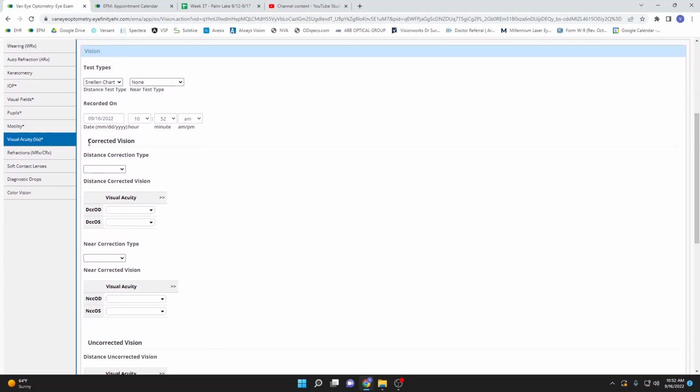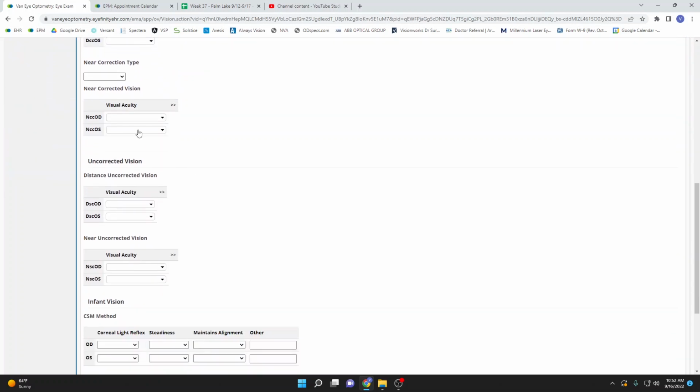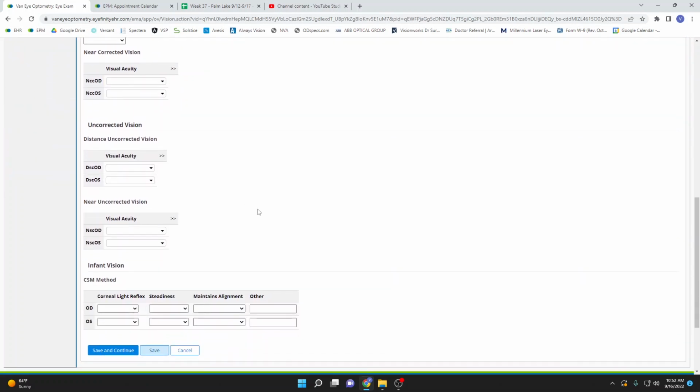And here you can do distance correction. You can do distance or near, uncorrected or corrected, whichever one. Patients in this store, all of them are new, so you will usually do distance uncorrected vision. This is what I usually do. So you just click there, you take VAs, for the purpose of this video, let's just do whatever, and then